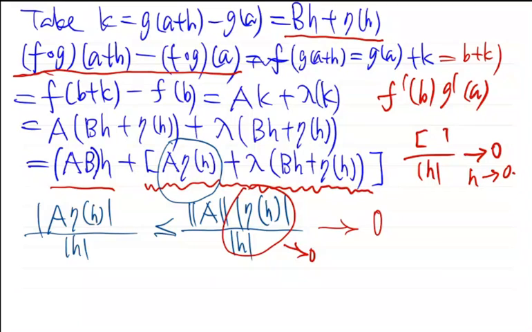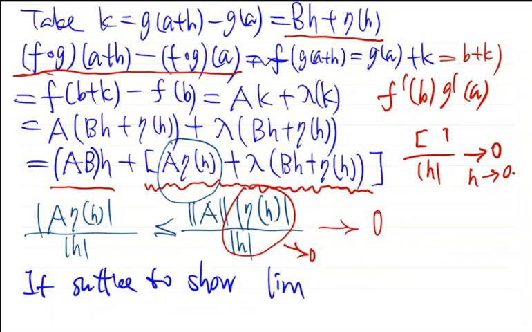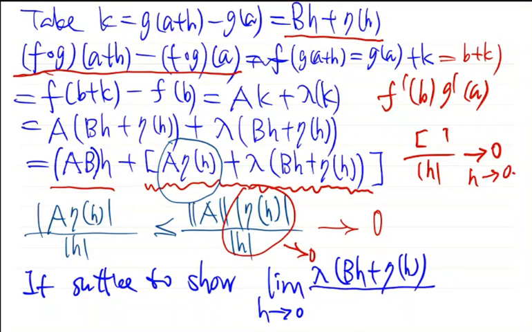So it's sufficient to prove that the second term also has this property. So it's sufficient to show that, as H goes to 0, lambda of BH plus eta H divided by the norm of H is 0. Okay? So to prove this,